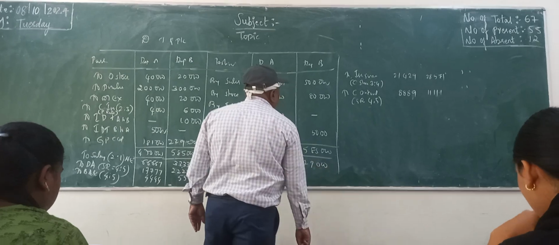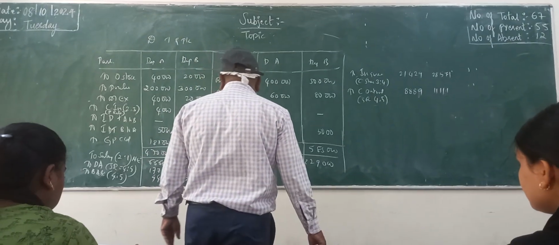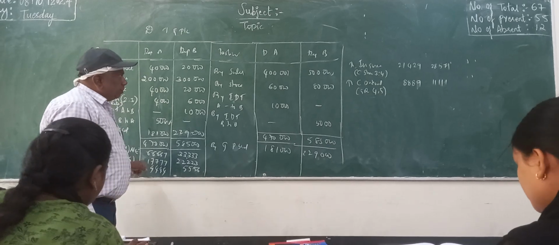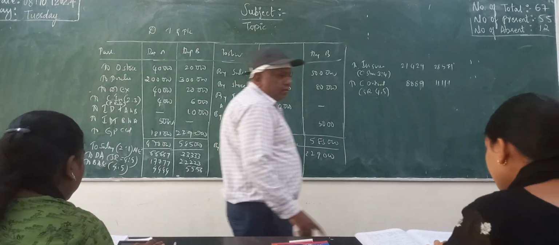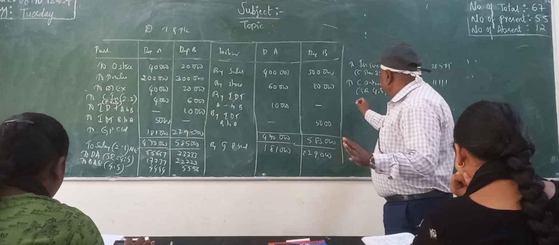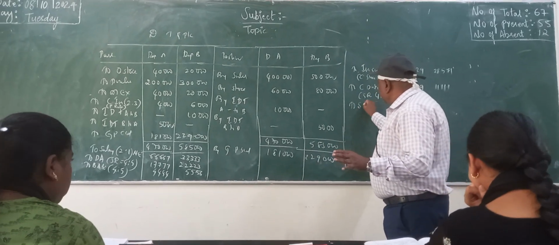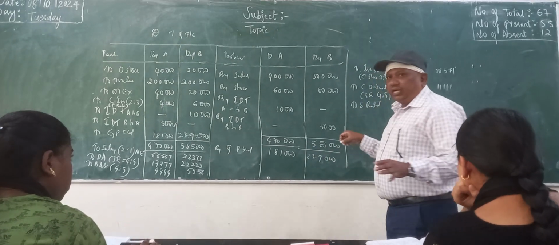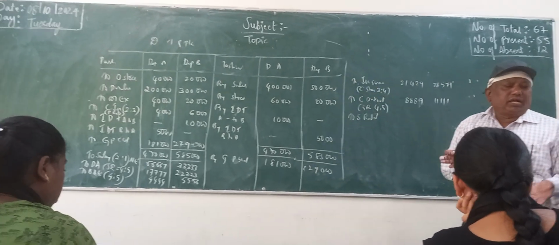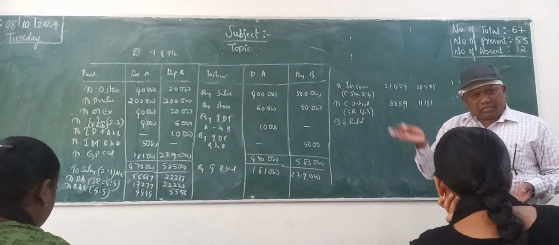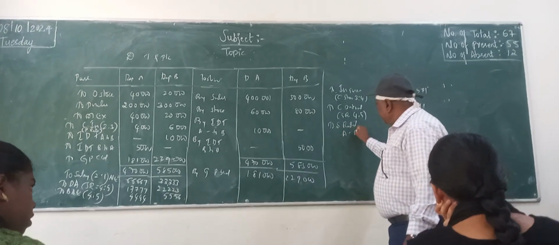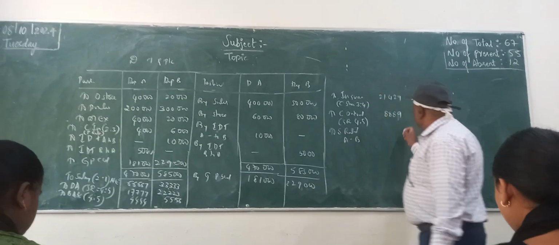1,29,000. See, maybe I am in the last position, right? Lots of profit. Check this total, department A total. Service rendered is there; one more I am missing. Service rendered we are allocating in the profit and loss account, not in the trading account. What are they telling, A to B or what? A to B. B is purchasing, right? B is purchasing. For B, how much should I write?